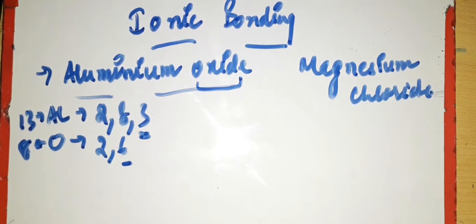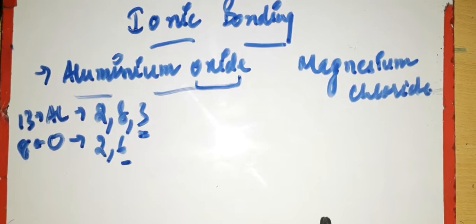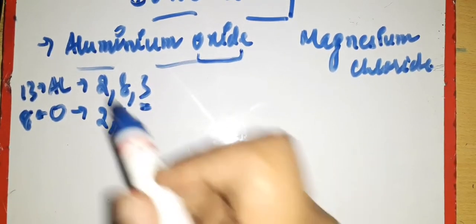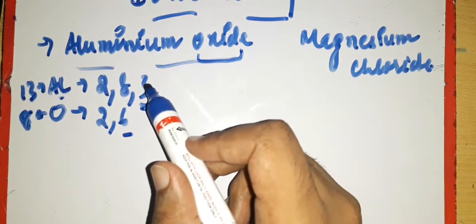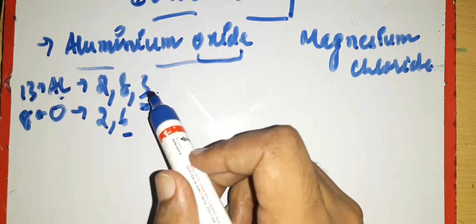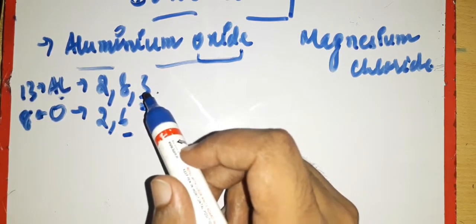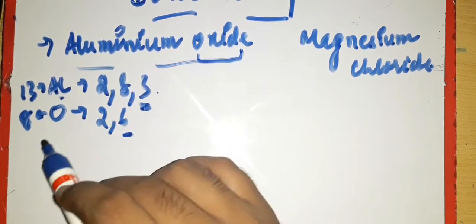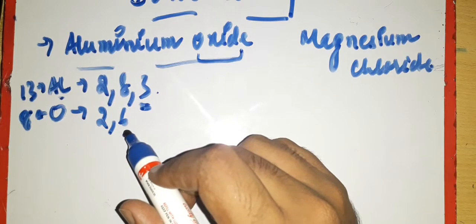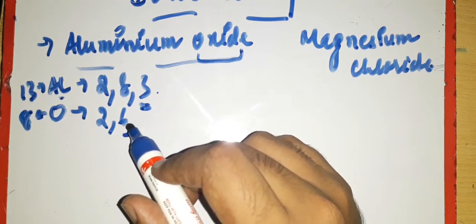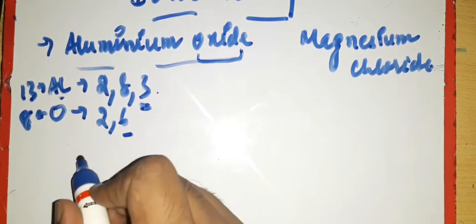While forming ionic structures we need their outermost shell electrons, right? So aluminium needs to donate 3 electrons, because accepting 5 electrons is difficult, rather it is easy to donate 3 electrons. And in the case of oxygen, it already has 6 electrons in the outermost shell, so it is better to accept 2 electrons, right? So let us draw its structure.